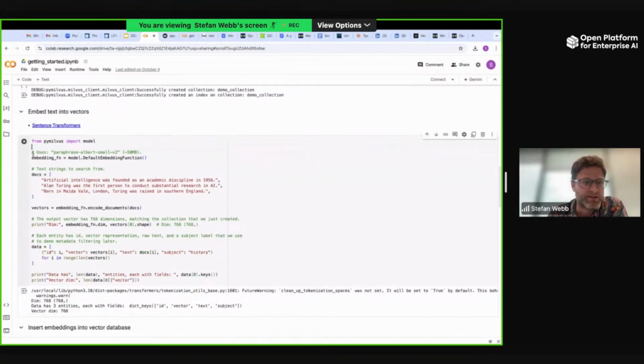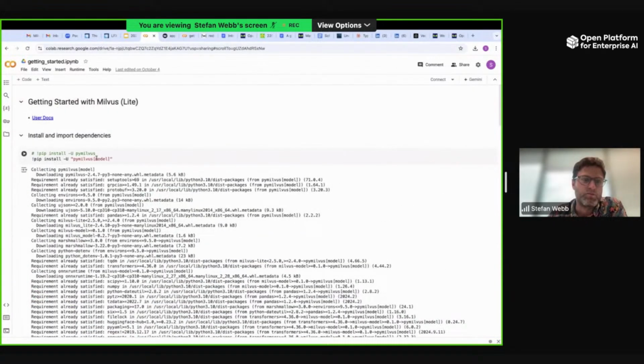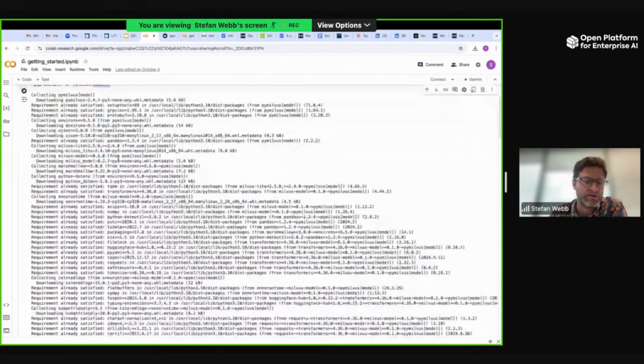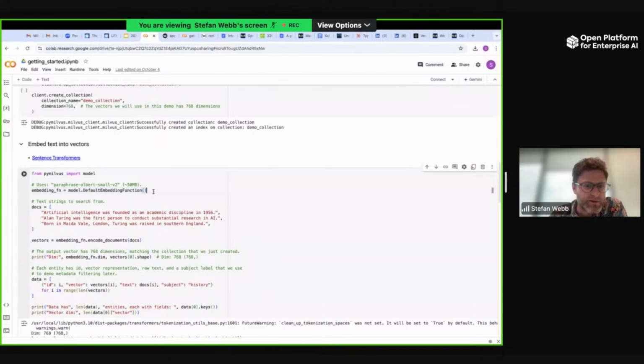And so now we need to actually produce some embeddings. So what we'll do is we'll use this default embedding function from PyMilvus. That's available because we added this optional model when we installed. If you're interested, it's this particular one in the comment, you can see it on Hugging Face.